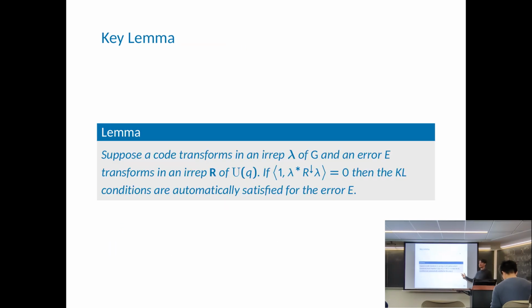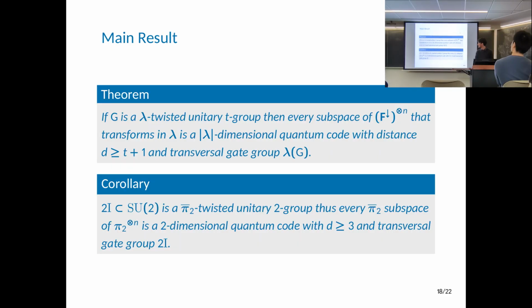So, I got excited and already did this whole lemma over here. So that was this slide. I just talked through it. Okay. And so the main result that we get is that if G is a lambda twisted unitary T group,